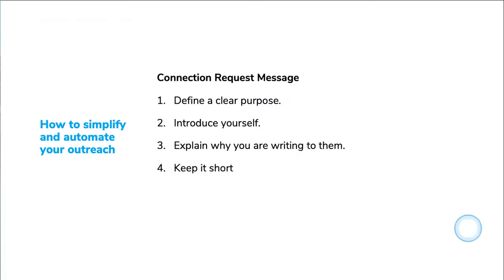Our outreach program that I'm showing you now starts with a connection request message. That's the message you get when people request to connect with you. They'll either send just a straight automated connection from LinkedIn, or they'll add a message with it. And I'm really advising that you add a message with a connection request. It's about introducing yourself and explaining why you're trying to connect to them, but you certainly have to keep it